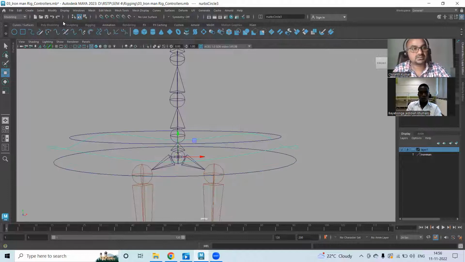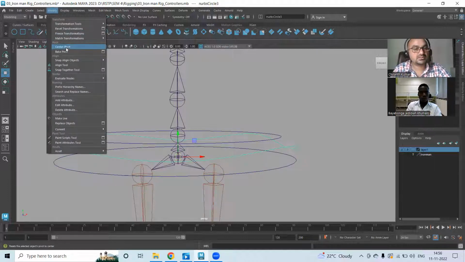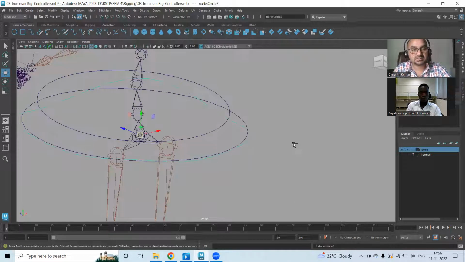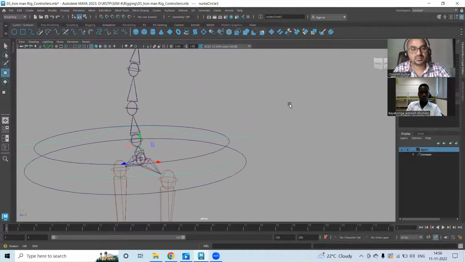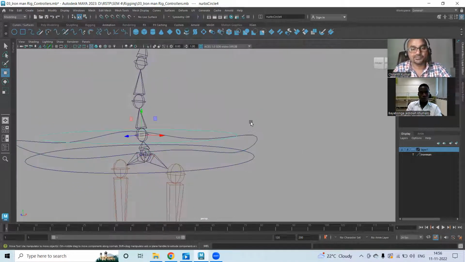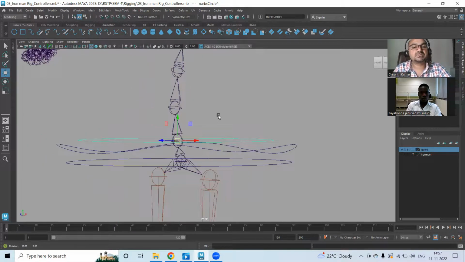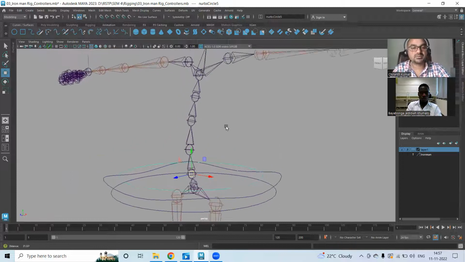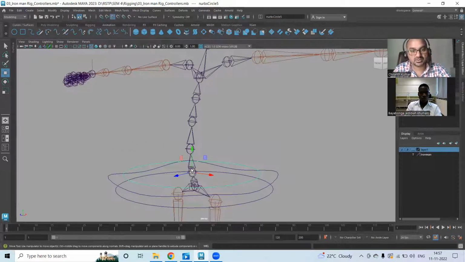So I select this, modify, center pivot. Okay, freeze transform and all can be done. It's like this. Or else I think it's better. The pivot point is over here only. That's fine. So this is a spine controller and I'm gonna duplicate this and place this somewhere here,